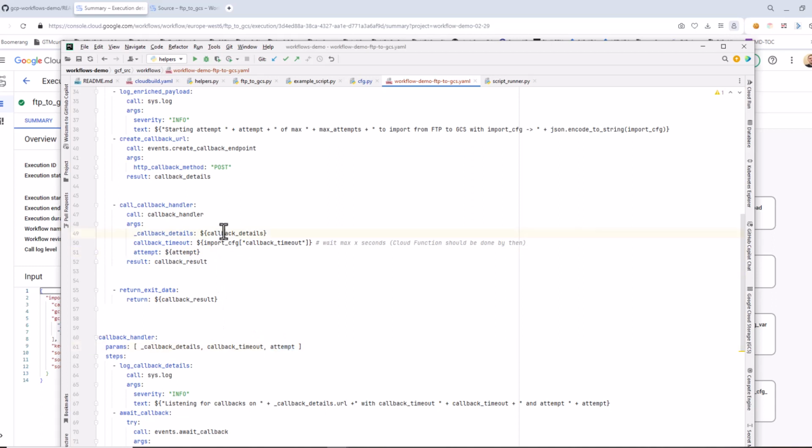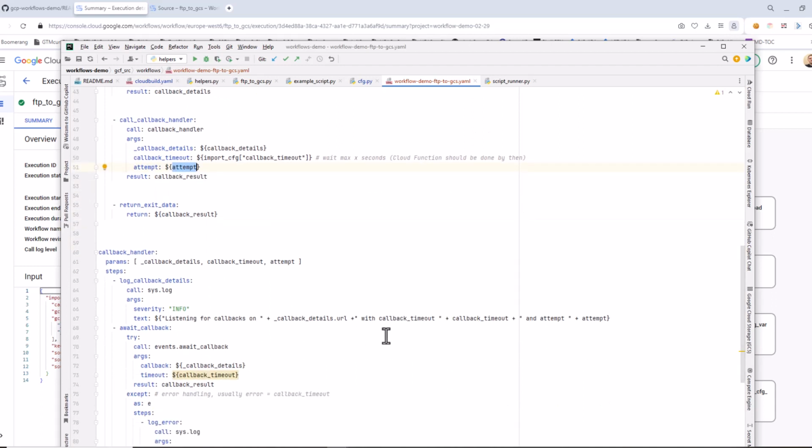So we're handing over the details, so the URL of that callback endpoint. We're handing over the import configuration's callback timeout to the variable of callback timeout, and we're also telling the callback handler the attempt. That's just for logging, so that we can log that we're right now in attempt 1, 2, or 3. So this is also the first thing we do. We're logging the callback details,